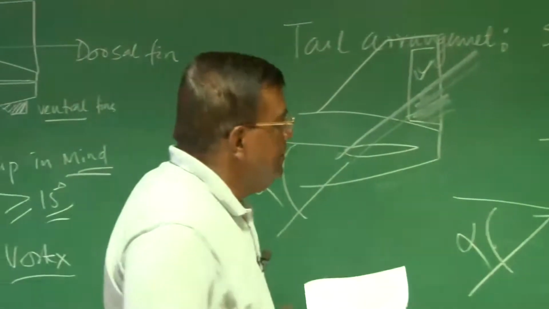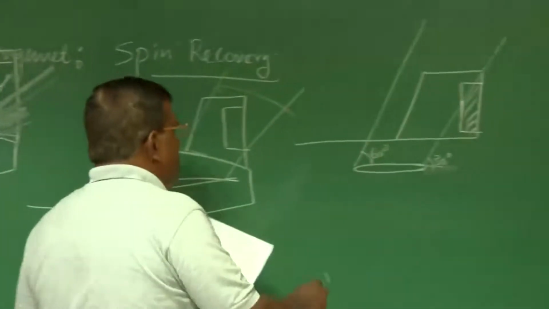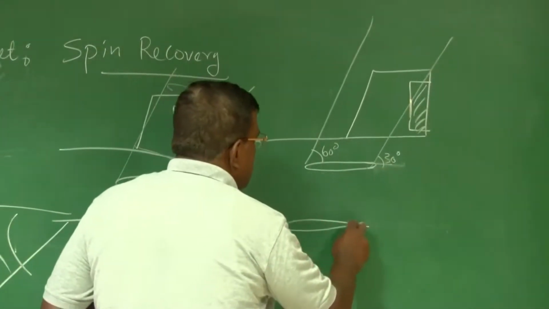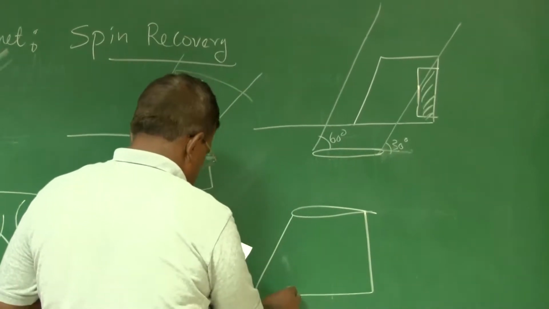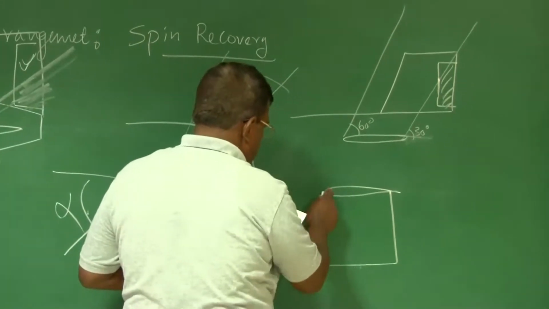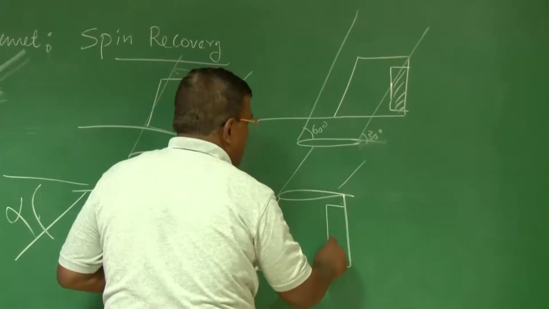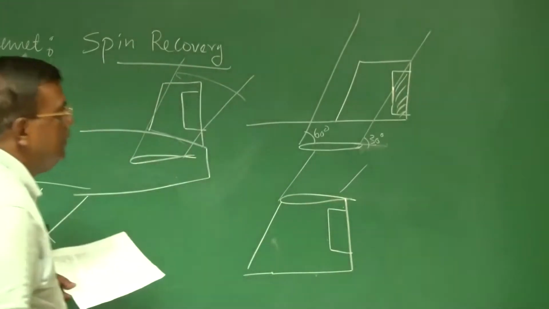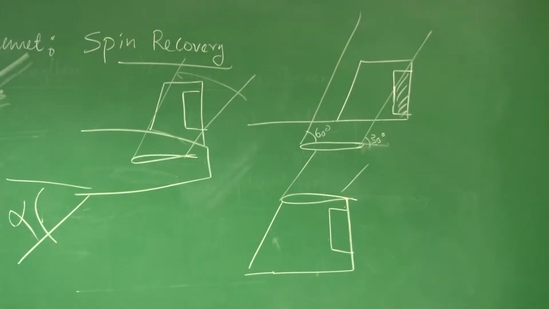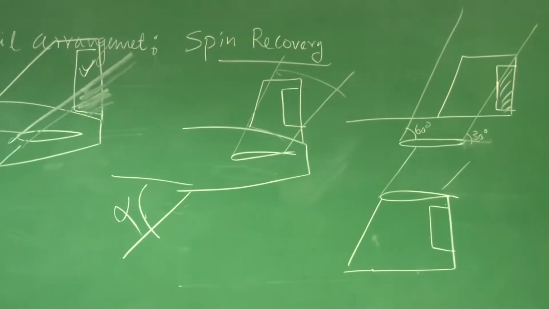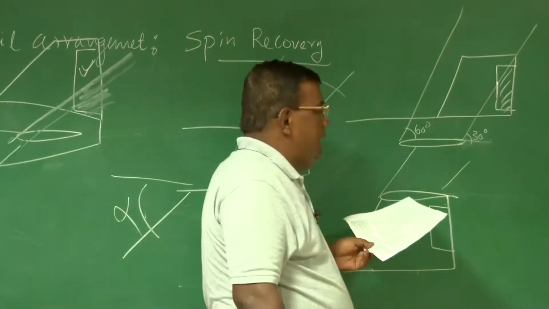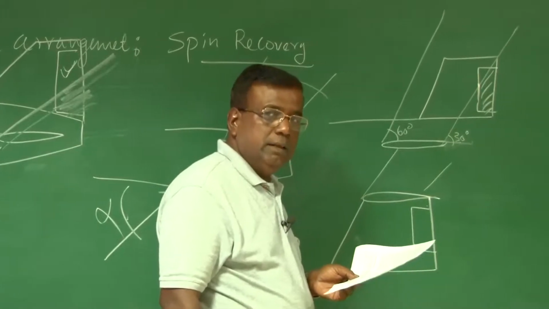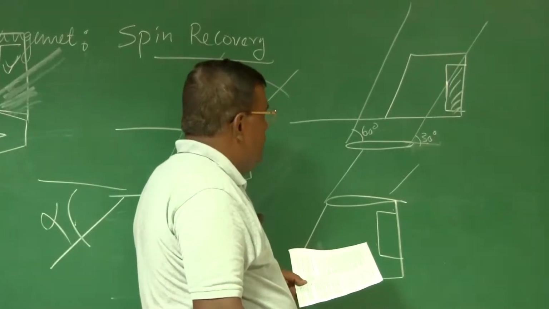Okay? Now see, the people who volunteer for T-tail, they say simply that if it is a typical T-tail and the rudder is here, the rudder is not at all being affected by wake because of the horizontal tail. So they advocate, oh, that is why T-tail is better. But again, for T-tail, you should know that it has an inherent tendency for a pitch up at high angle of attack. There is another